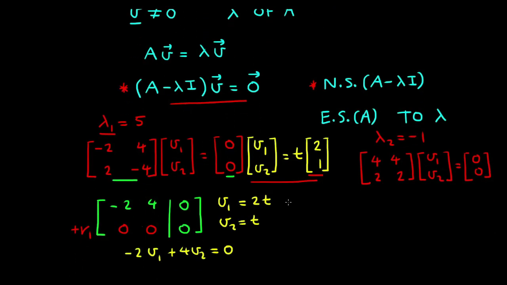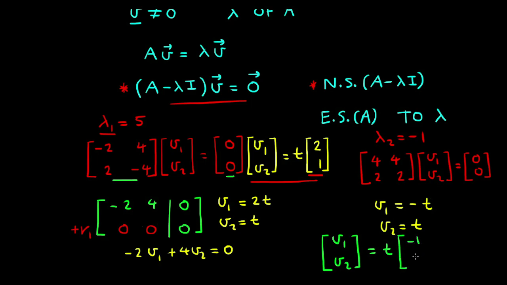And in a similar way, if we solve this system by Gaussian elimination, we get 4v1 plus 4v2 is equal to 0. So v1 is equal to minus v2. And then setting v2 as the parameter t, then v1 is minus t. And we can write the solution as v1 v2 is t by minus 1 and 1,